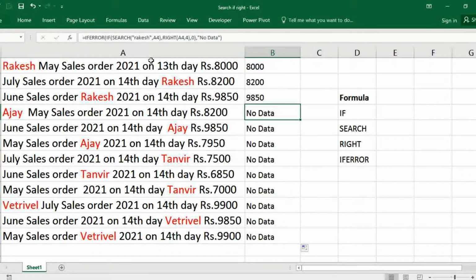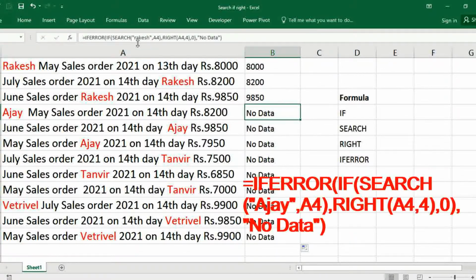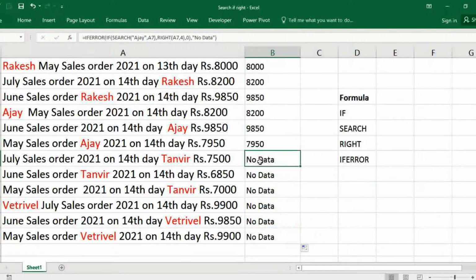Here we have to change it to Ajay. Like that we can search the values based on salesman.